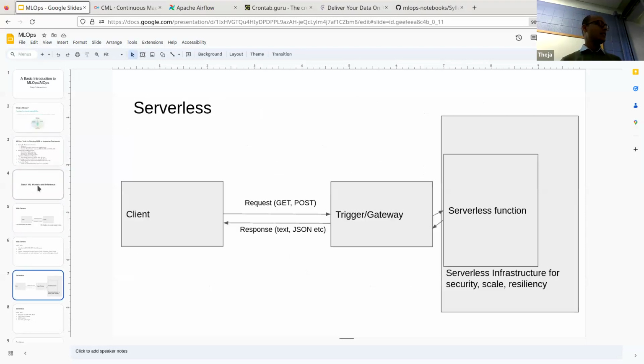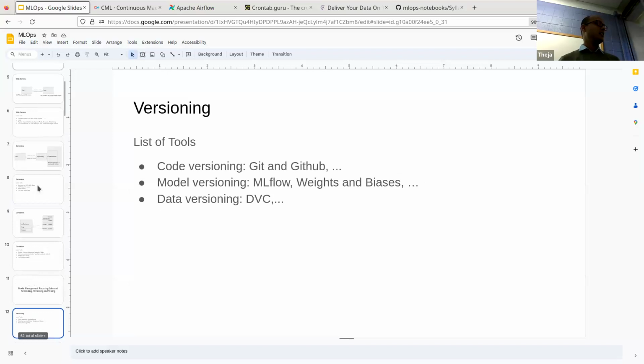Okay, so let's actually. Yeah, so this is what we did last time, versioning. So code versioning, model versioning, and data versioning. So for model versioning, actually, another popular model versioning or experiment tracking, training tracking software is called Weights and Biases. It's a very popular one. So we didn't see it here, but that's something to look at if you're interested.